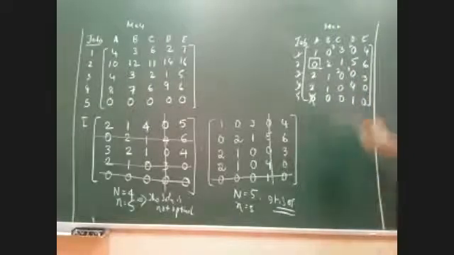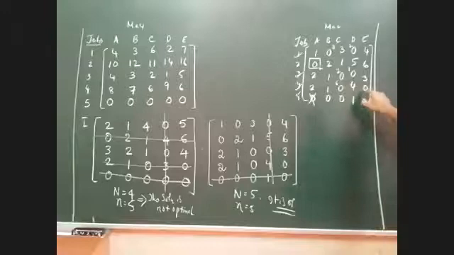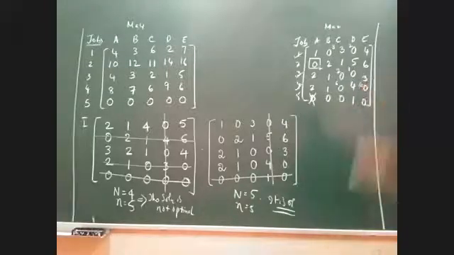In the fourth row, again we have 2 zeros here. The corresponding value of this 0 happens to be 6, and the corresponding value of this 0 again happens to be 6. Now, once all the corresponding values are written, you are supposed to consider the highest corresponding value. Again, I think I've told you yesterday in the class, there could be a possibility that the highest corresponding value also might be a tie.